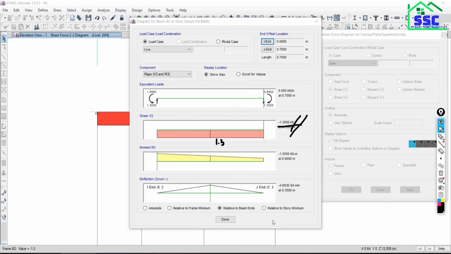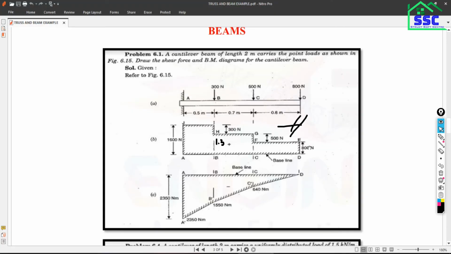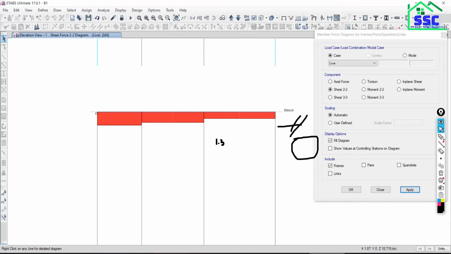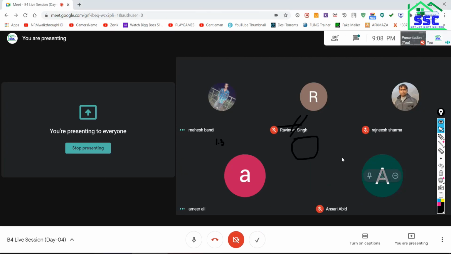So this is also done. Now here, 0.8 means 800 Newton. Just see here how much it is? 800. So the shear force is also matching with our ETABS result. Got it?